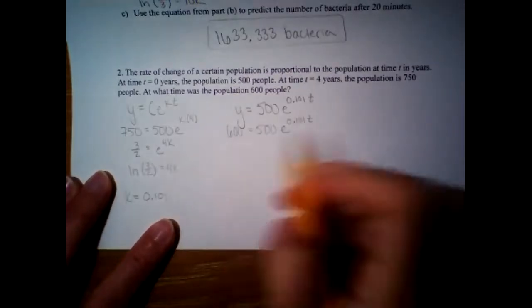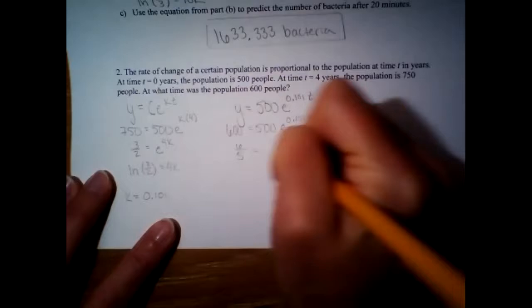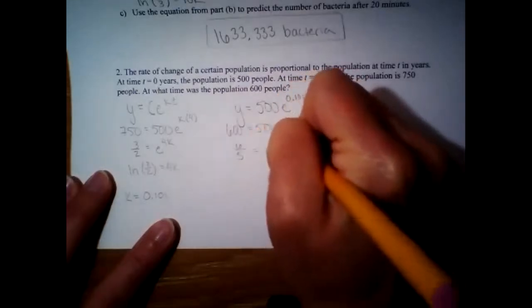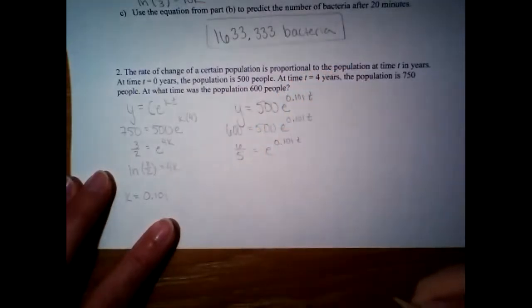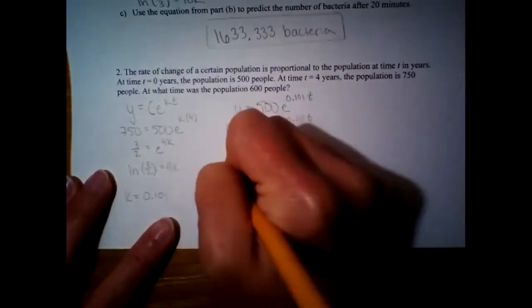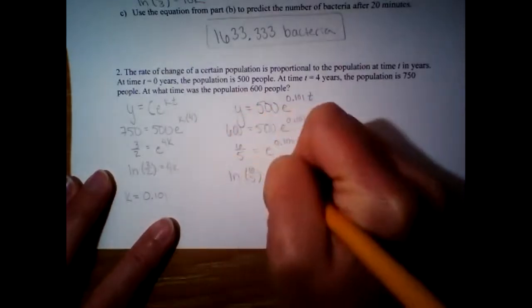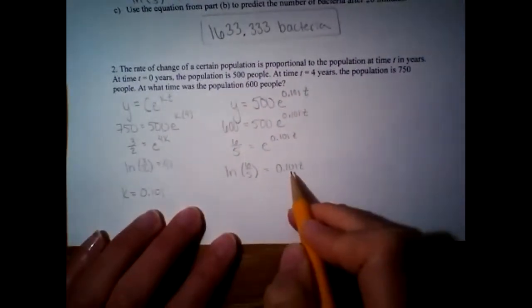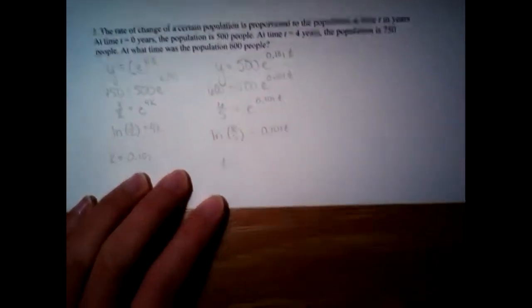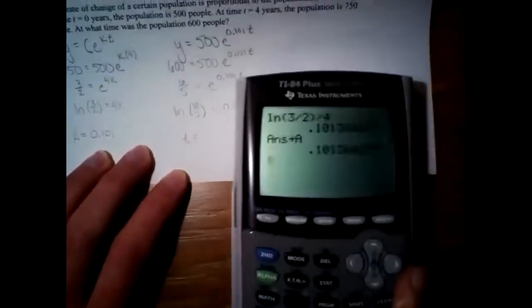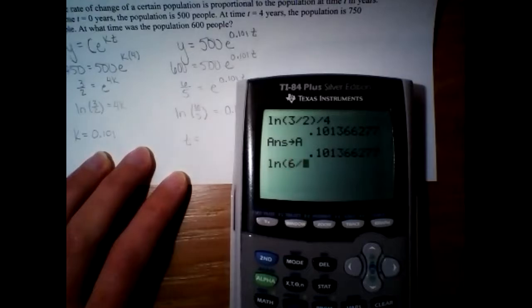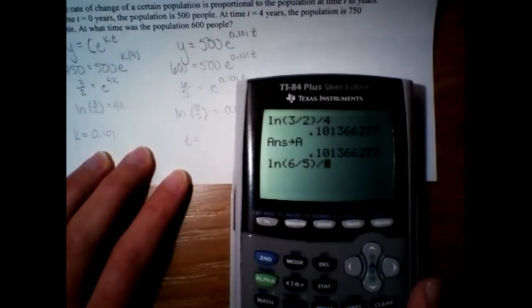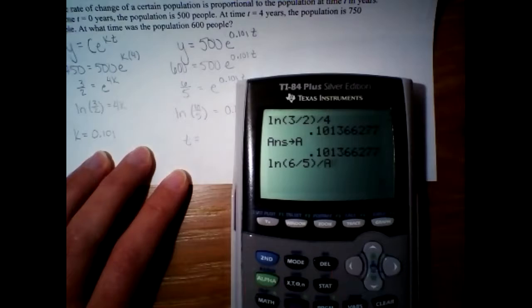All right, so dividing over the 500, we're going to have 6/5 equals e to the power 0.101t. And then again, to get rid of e, we're going to ln to cancel that out. And then we're going to divide by this 0.101 to get our time. So when we type this in, it'll be ln of 6/5 divided by, now I want to divide by that 0.101, but we want to copy and paste it. So divided by alpha A. So ln 6/5, close parenthesis, divided by alpha A, gives us